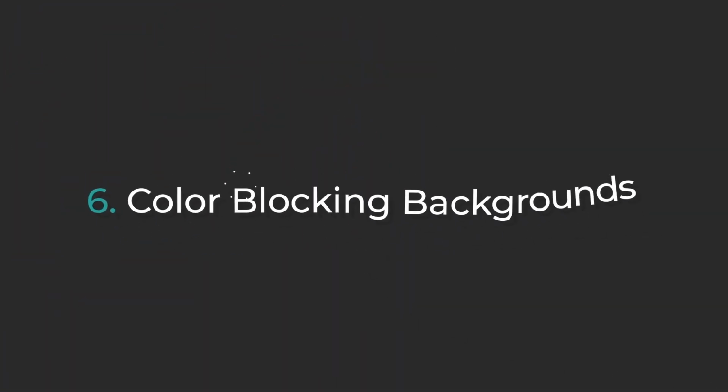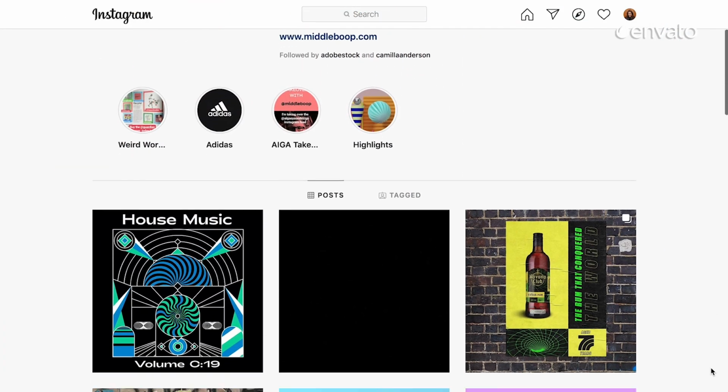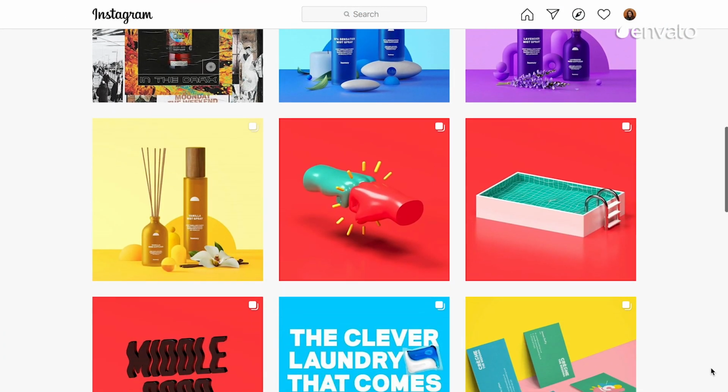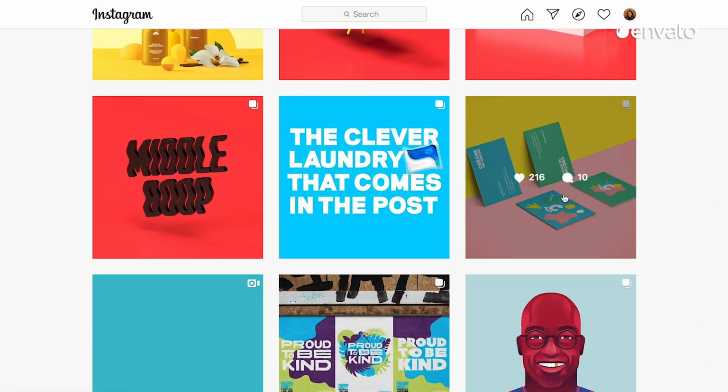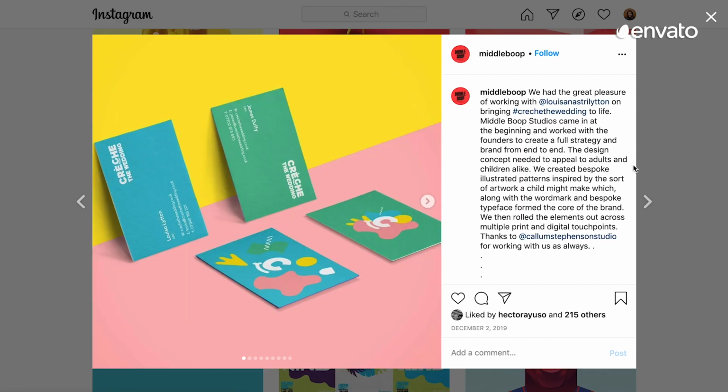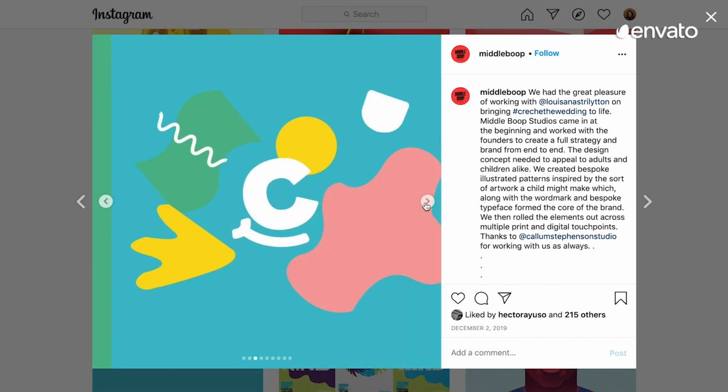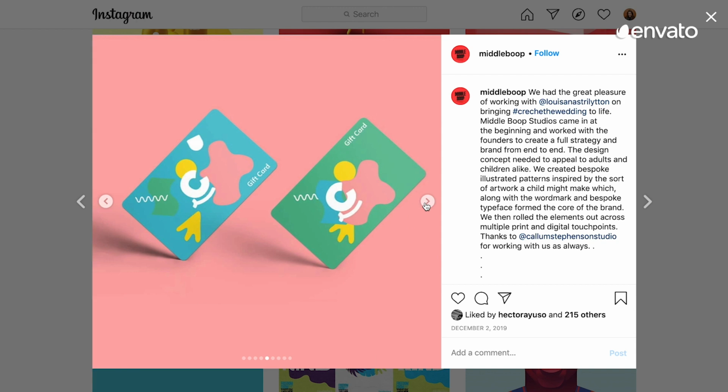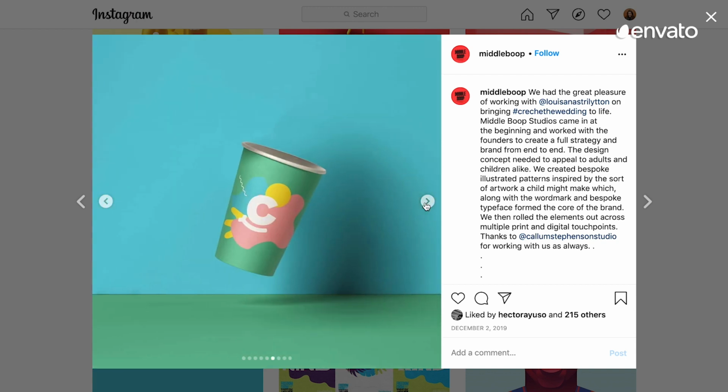The next trend is colour blocking backgrounds. As you can see in these examples from Middle Boop Studios, using bold contrasting colours can help your product stand out, creating sharp lines between your design and the background. The most popular way is to use one colour for the floor and one for the wall, instantly giving your